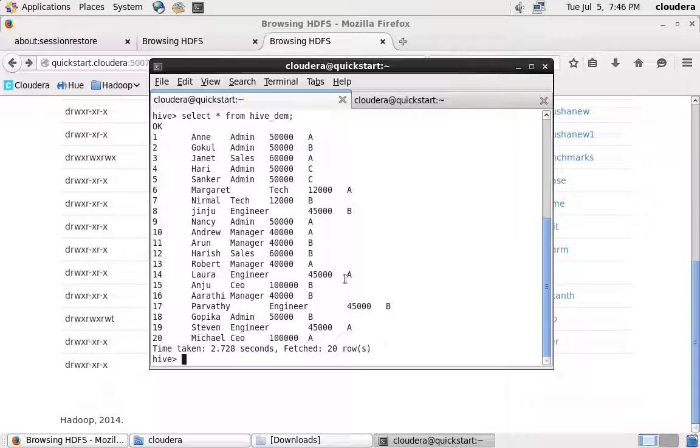So I have a Karnataka folder separately, a Tamil Nadu directory separately, and the whole data will be represented as separate files. So partitioning allows us to categorize the data based on a particular value of a column.